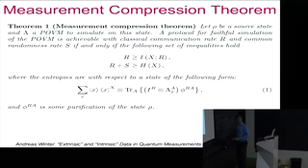Sorry, I'm guessing the R in parentheses is supposed to be the reference system. Yes, sorry for this. The R is the classical communication rate. The S is the common randomness consumption rate. And this R inside is for the reference system. So,